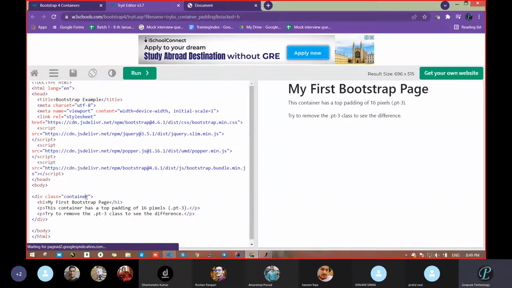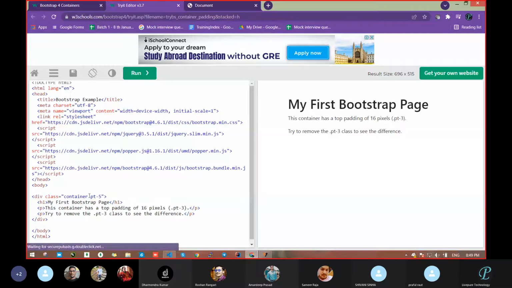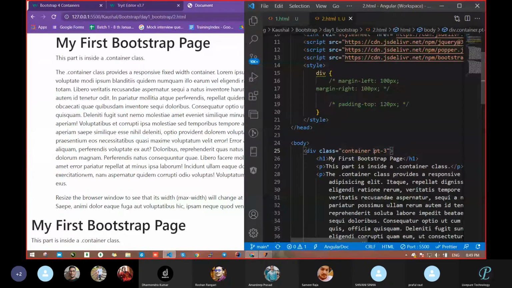Yeah, here it's working, but why not in my case? Padding dash 5. Okay, that has already gone, the container div is targeted.